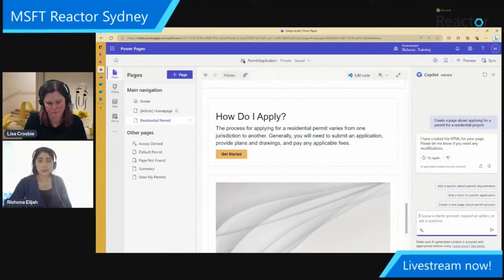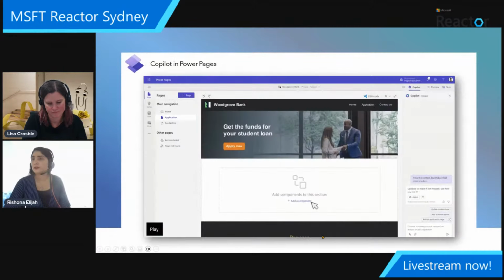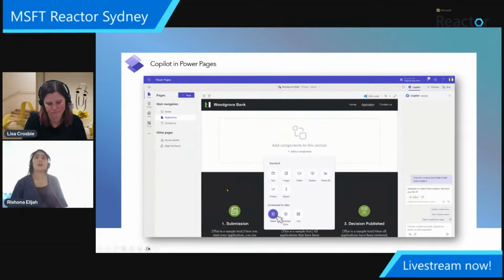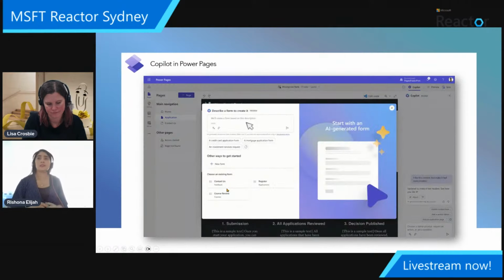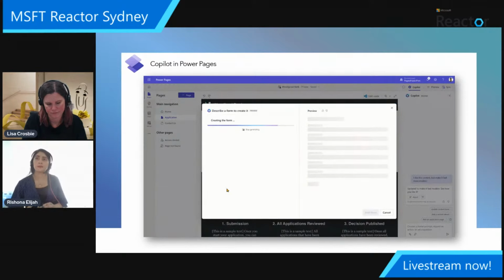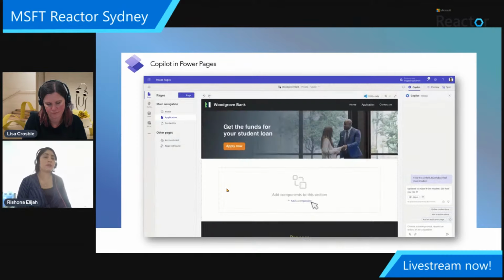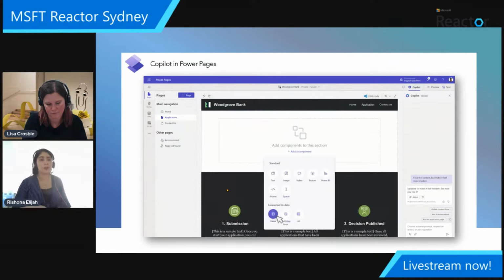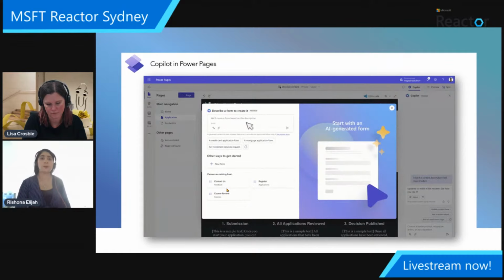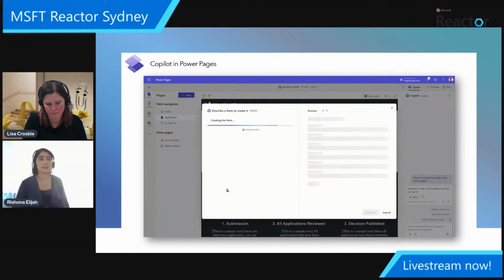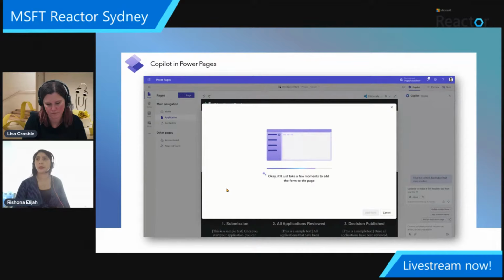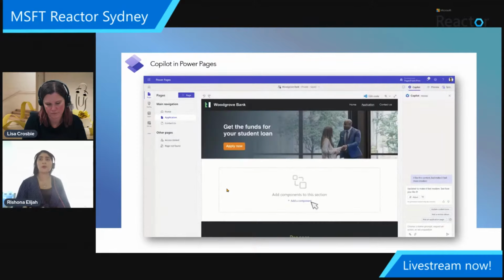And finally, using it to create forms. For this, I've just got a video recorded here of it. This, once again, is that in-context Copilot. You know with forms in Power Pages, how you need to make sure you've got that Dataverse table set up, and then there are probably changes you need to make to that Dataverse table to get it in the right format and structure for you to embed it or have it available here as a form in your Power Page. Copilot will do all that work for you.